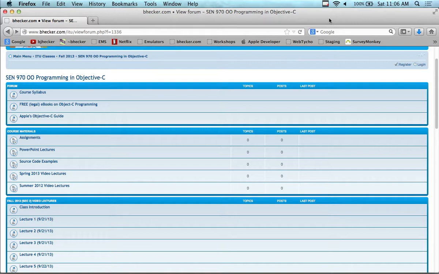Number 21, lo and behold, is on categories. Categories, protocols, kind of a common theme. It's not a source code question, it's a theory question. You have a source code question on categories and protocols, and you also have a theory question on both concepts. So know what they're for, what they're used for, because some people might be able to create or use it but not know what it's used for. The question is getting at whether you understand what it's about.